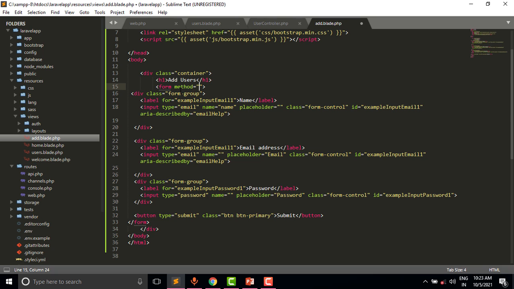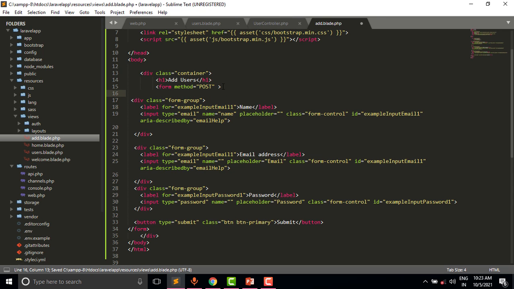Method will be post, and we will use also the CSRF token, which we have already learned how to use and why we use the CSRF token in Laravel.